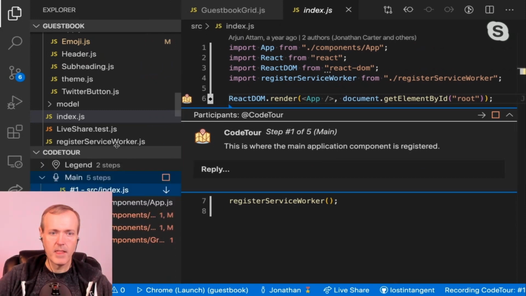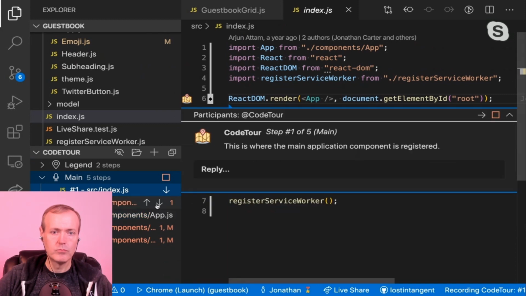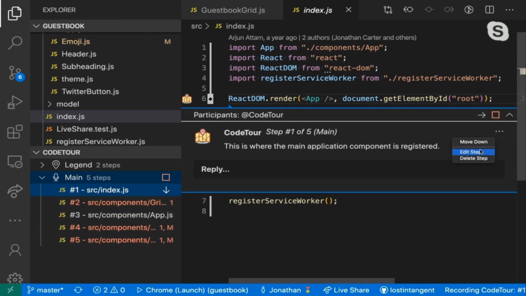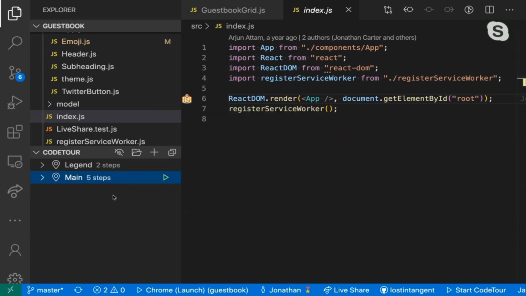And so I can make it step 1, and I can edit the text to this, I can modify that. Everything in terms of recording, editing, and playing the tours is entirely visual through this tour tree versus having to modify any file assets manually. Awesome. And I guess that may bring us over to